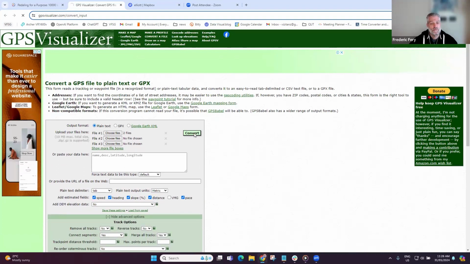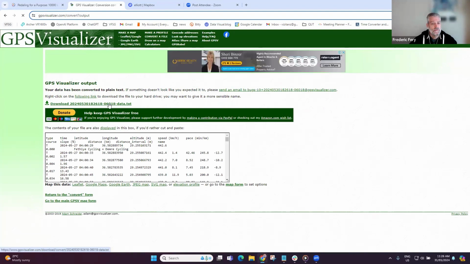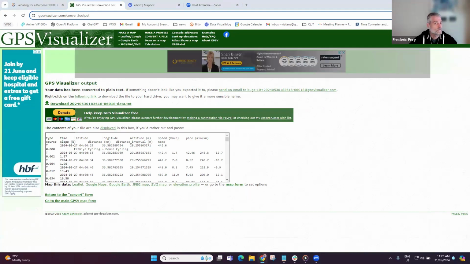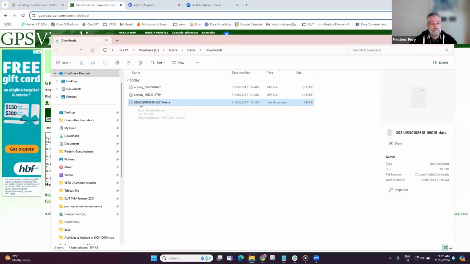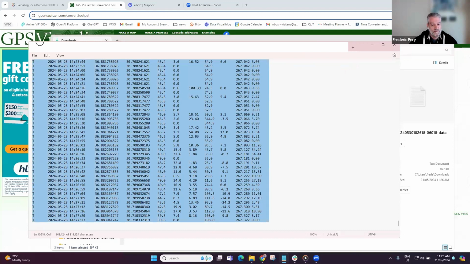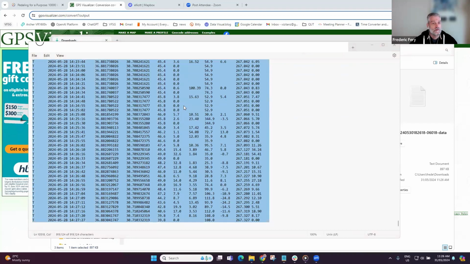So it's going to crunch those two files and analyze them, and you see at the end there's a text file that's been generated. When I click on that, the file is now in my download folder, which is that file there, which I can just open. So that's the file in there. I find it easier to just work with Excel. So you just copy the content from the Notepad text file, and then